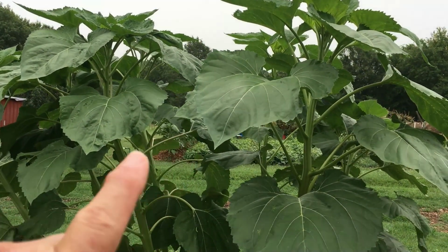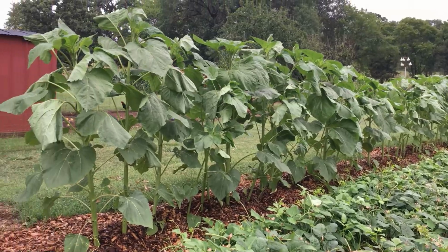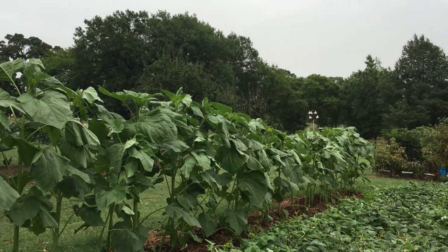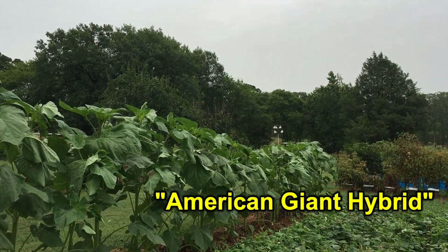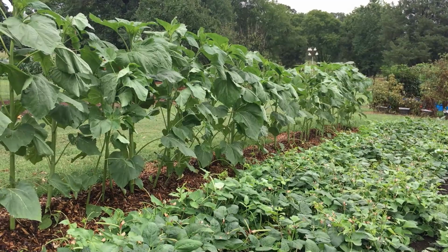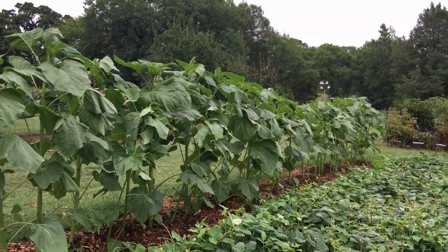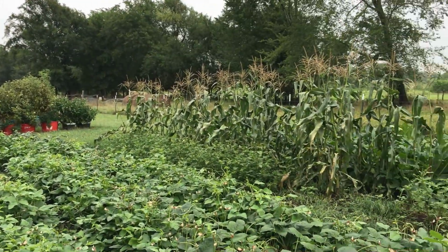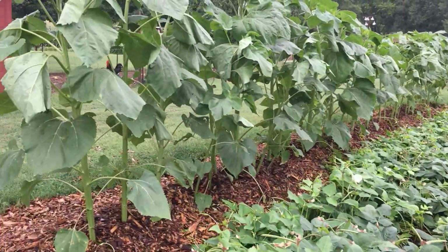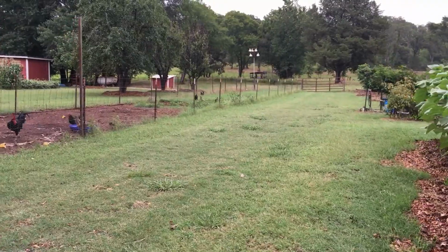And let me show you one other place I've got sunflowers. So here's the other stand. I just decided to put some in the ground. These are a hybrid called a giant hybrid sunflower, something like that, from Hoss Tools. It's supposed to get 12, 15, 16 feet tall, and about a foot in diameter flower on top. I planted these where I had my corn that I just pulled, and where I've got my black-eyed purple hull peas. But these I mulched real heavily, mainly because I didn't want to have to deal with the weeds,